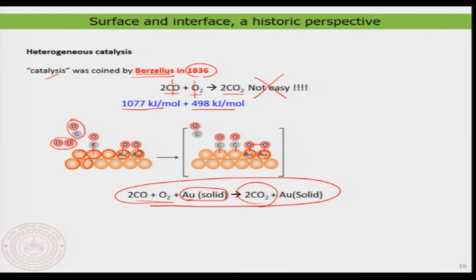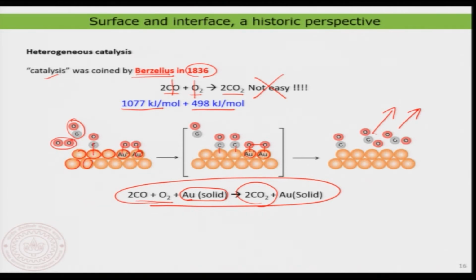Now, the interesting aspect here is that you see the reactive oxygen atoms are available on the surface. Well, if reactive oxygens are available, then the reaction is feasible, because in the next step this carbon monoxide will pick up the reactive oxygen and form a stable carbon dioxide molecule, and then it will evaporate or move away from the surface. And now fresh oxygen and carbon monoxide molecules will come onto the surface, and then they will again split and do the reaction.